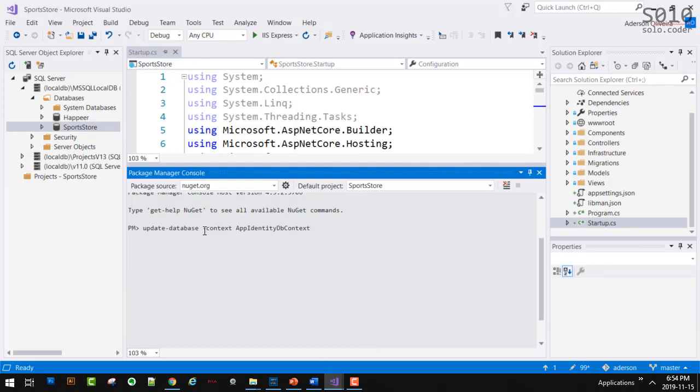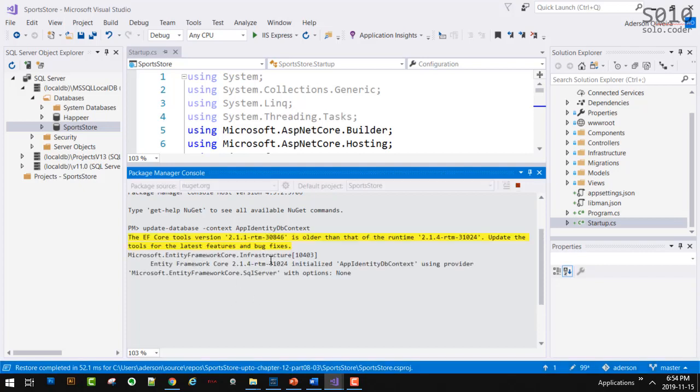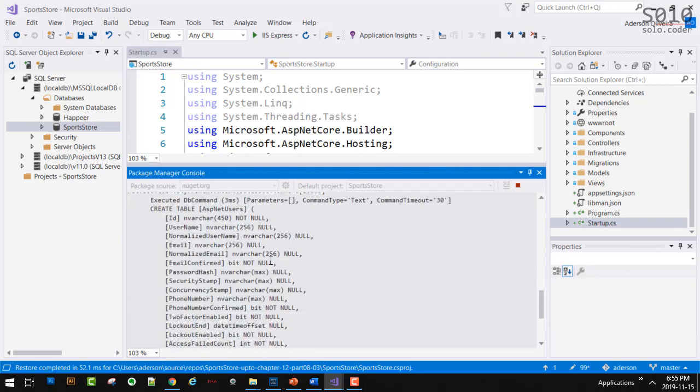And as you can see, we have also the parameter called context, where I'm specifying I want to run for the identity context. So I can hit enter. The same messages that you get by running this in the command line, you're going to get them here as well. Just give it time to run. And you're going to start to see the scripts running as well. Okay.